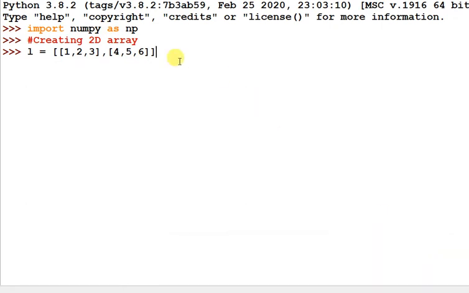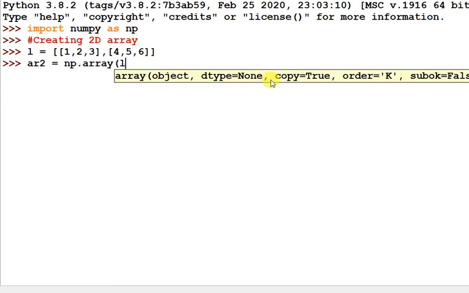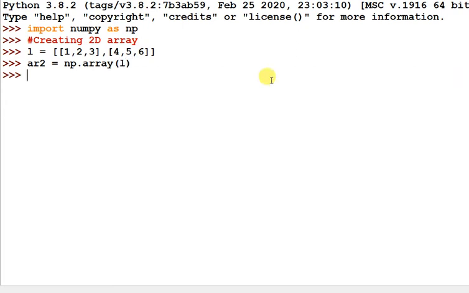Now you can pass it using the NumPy array. Suppose I am creating an array and giving the name array2, np.array, and then you pass this list L, and that will create a two-dimension array. You can print it, just pass the array name. Look here, 1 2 3 and 4 5 6.